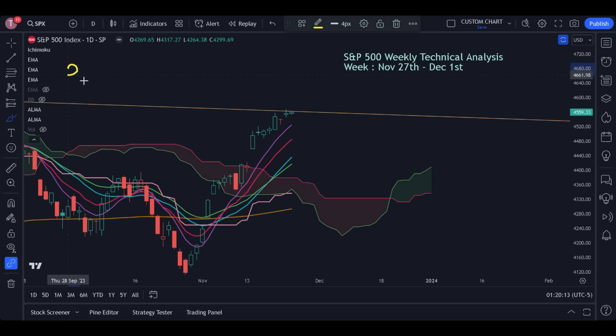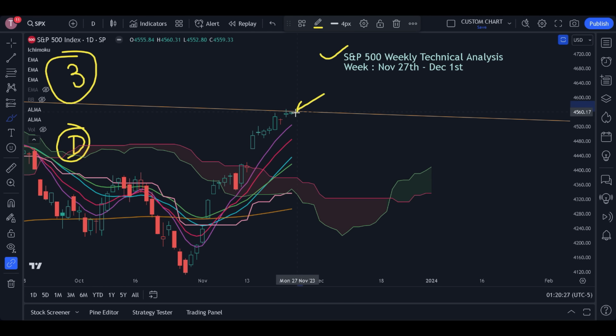Now guys, I'm going to discuss the third point of the agenda of this S&P 500 weekly technical analysis. The third point of the agenda is the S&P 500 technical analysis on the daily chart. Daily chart means that one candle represents one day, not 1 hour or 1 week. One candle means one day. If you look at the last candle, it's a very small candle, and I think the S&P 500 has gained plus 0.06% on Friday.